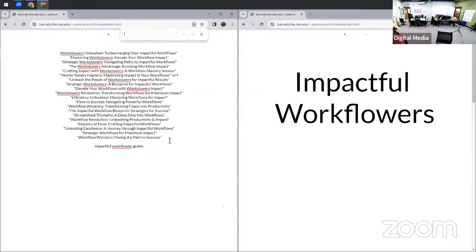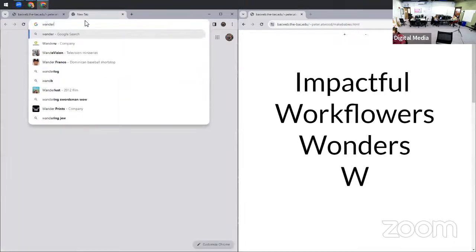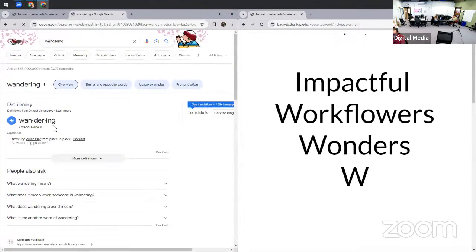Wanderers. Let me find that. Wanderers. All right. I like this too. This is actually one of my favorite words. Wanderers. However, is it wanderers or wonderers? Do we wander and wonder? Is wandering with an A? As in one, as in Harry Potter wand? Like wand? You just went straight to Harry Potter. I meant wandering, like traveling aimlessly from place to place.